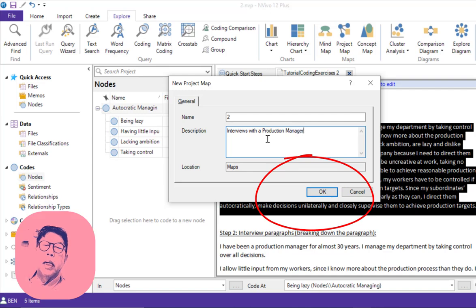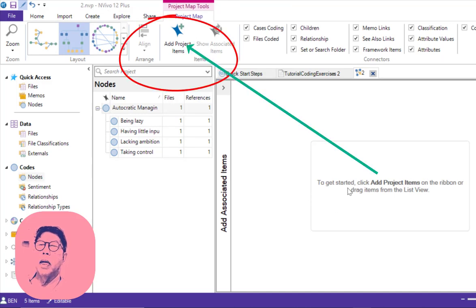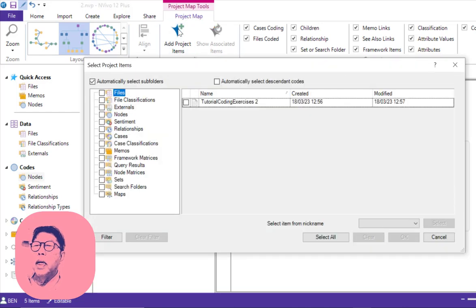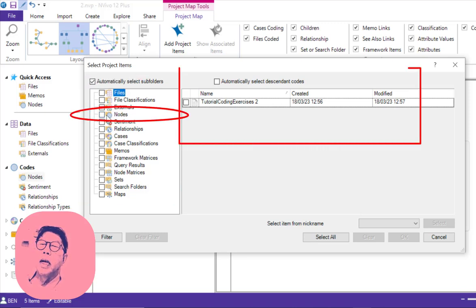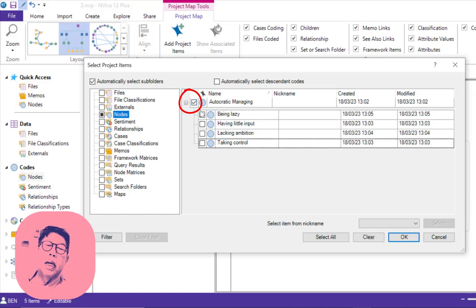So it says here, to get started, click adding project item, so you click there, double click there. So you go to the left column, click nodes there, and then you go to the right column, click the plus sign there, and click all of those, ticking all of this. And then you need to click OK.